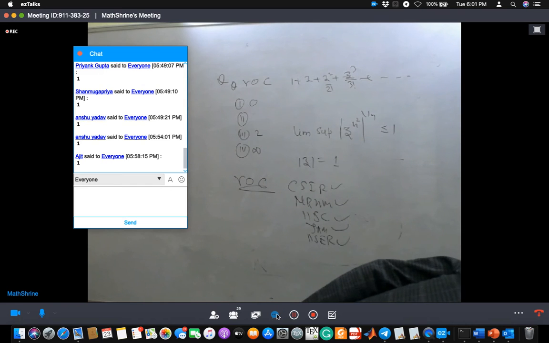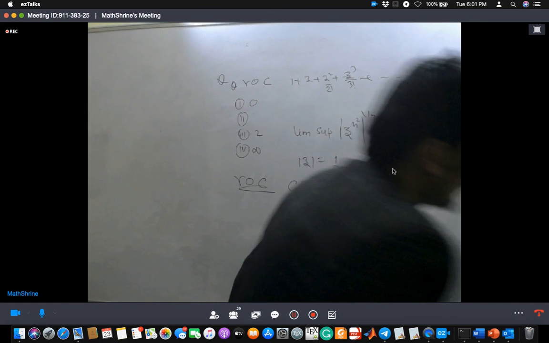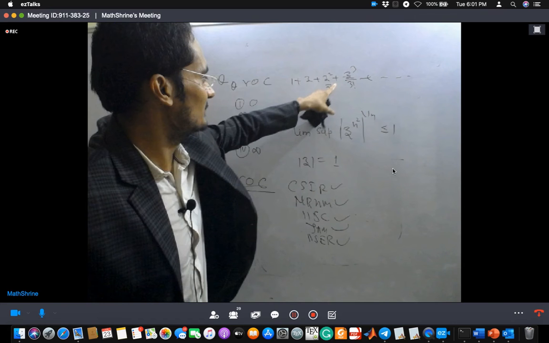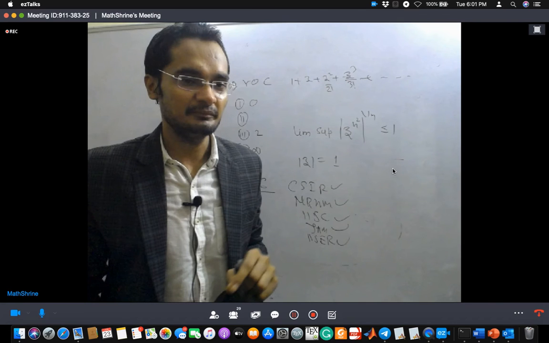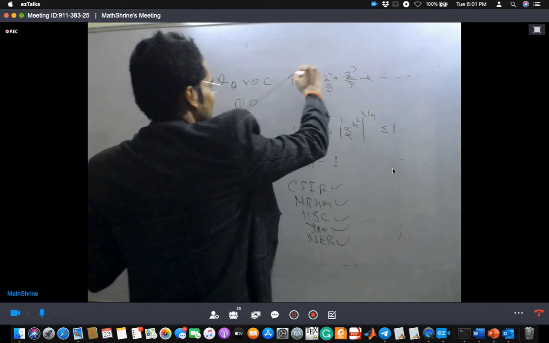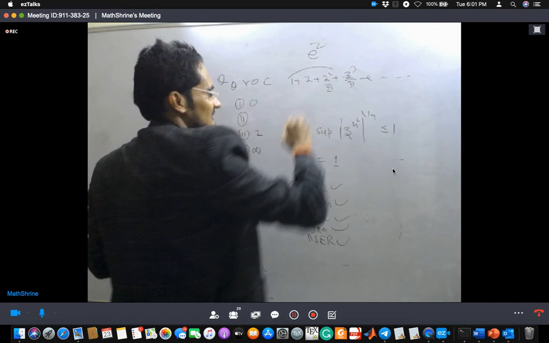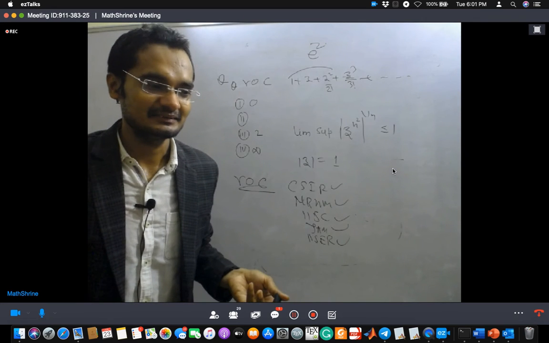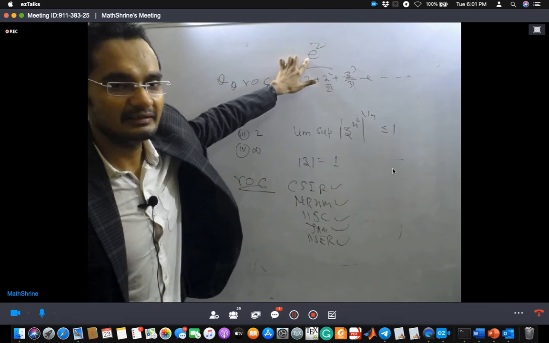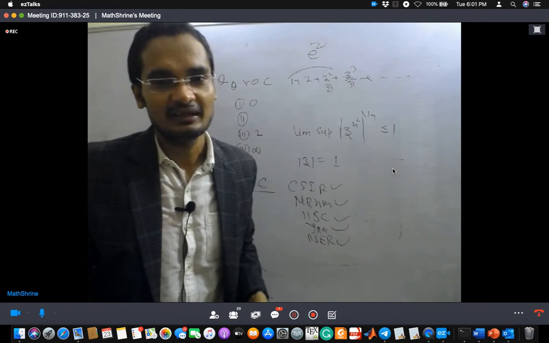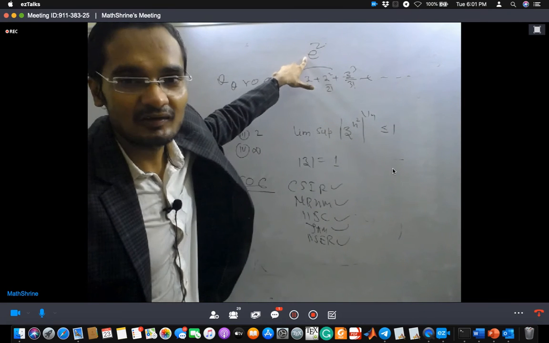Nice. So I have a series, 1 plus z square by 2 plus z cube by 3 and so on. If you see, you don't need to write it in series form. It is nothing but the exponential function. And if it is an exponential function, we know that if I start stretching it out from 0, this function has no singularity at all. This is analytic everywhere. So the radius of convergence will be infinity.